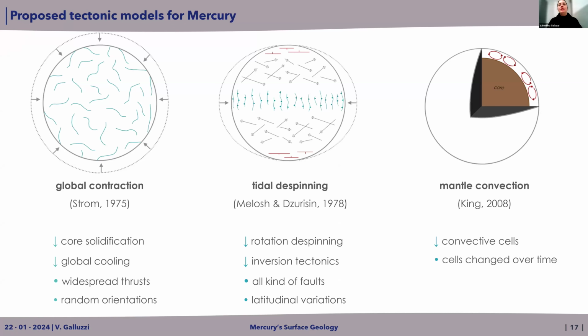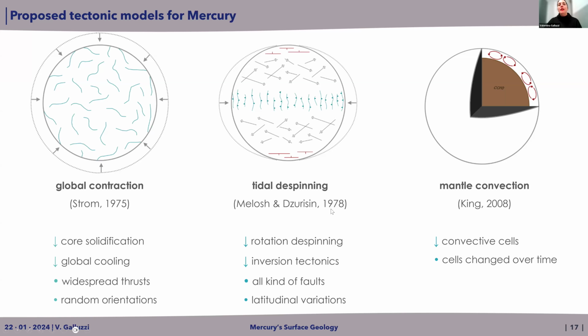of Mercury. Let's say that the three main proposed models are still the global contraction, tidal despinning, and mantle convection. The global contraction is the model that most scientists still follow today. So the core of Mercury is shrinking while it solidifies, and so it should create random scarps around the planet. But since many observe some alignments of scarps around the planet,